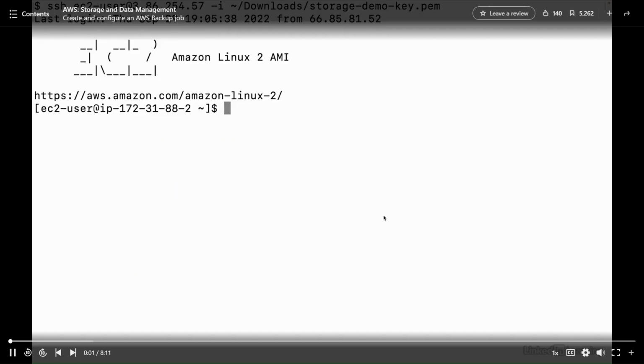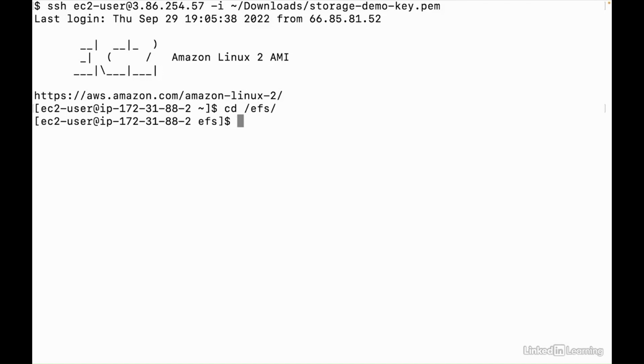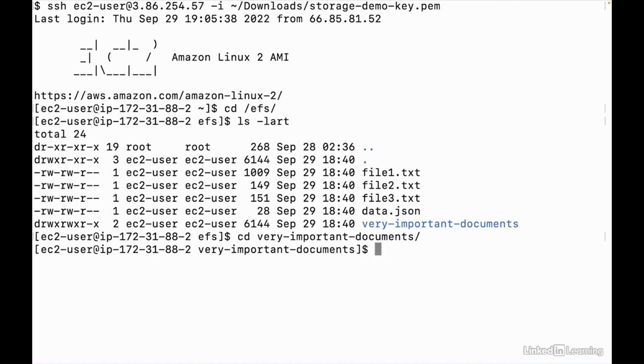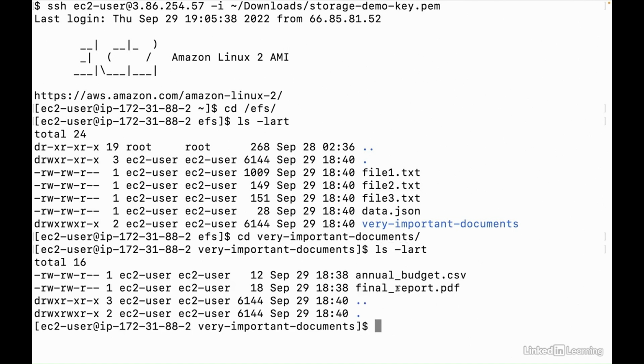I'm logged into an EC2 host that has an EFS file system mounted. Let's take a look at what's inside. All right, we've got a couple of files here, text files. We've got data in JSON format. And, what's this? We've got very important documents. Inside here, you can see annual budget, final report, some things that look like we really wouldn't want to lose them. So to protect ourselves against the risk of accidental deletion, let's go to AWS Backup and create a backup